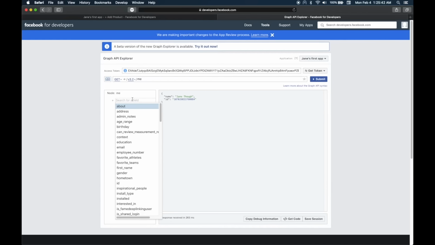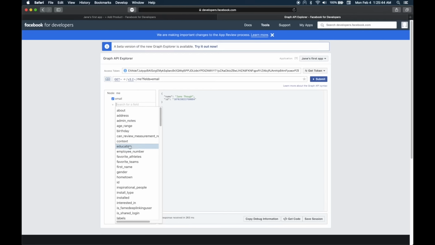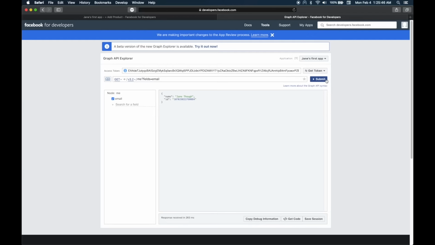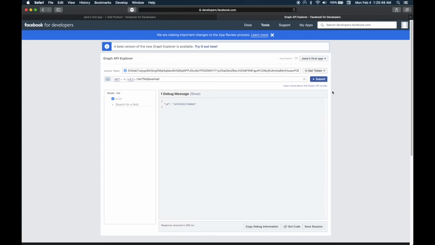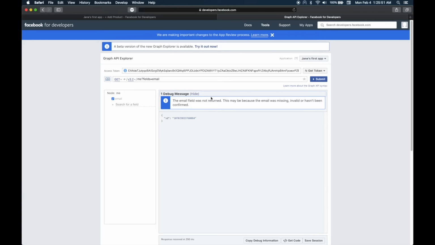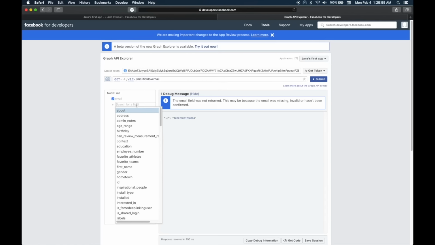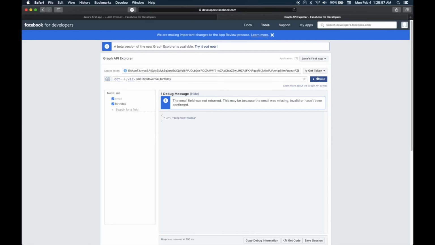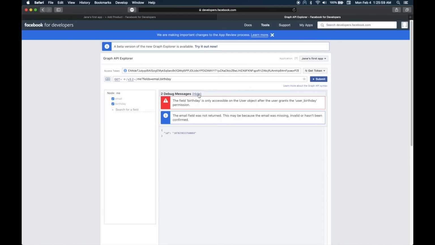So now let's try getting some additional fields. Now that we know that the API works, let's try getting our email, since we gave it access to our email. There's some error, so it looks like my account isn't associated with an email. So let's try something else. Birthday, let's try birthday, and as you can see, I don't have access to get my birthday, so I'm going to